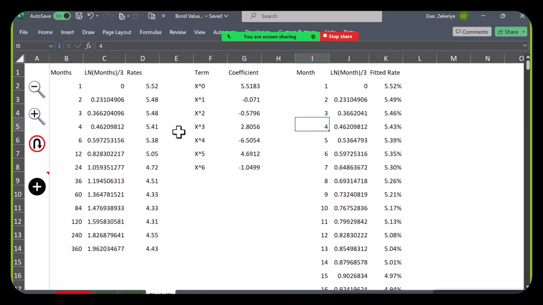Yeah, close enough. Okay, those are my rates or fitted rates. Now, if I know the cash flows from a 10-year bond, I can actually calculate what the value should be. Let's call this one